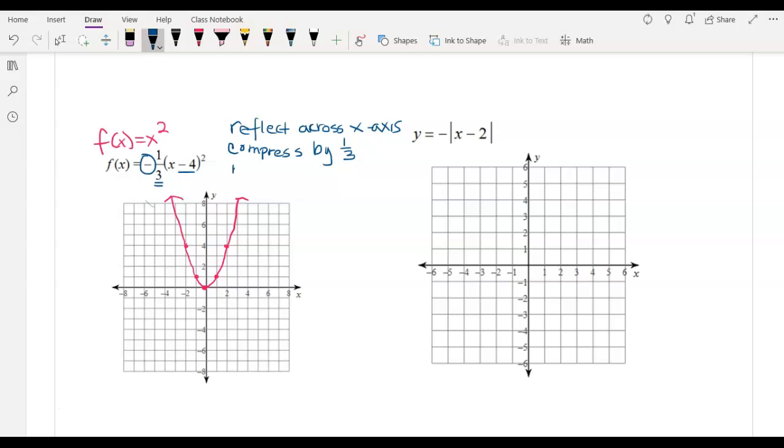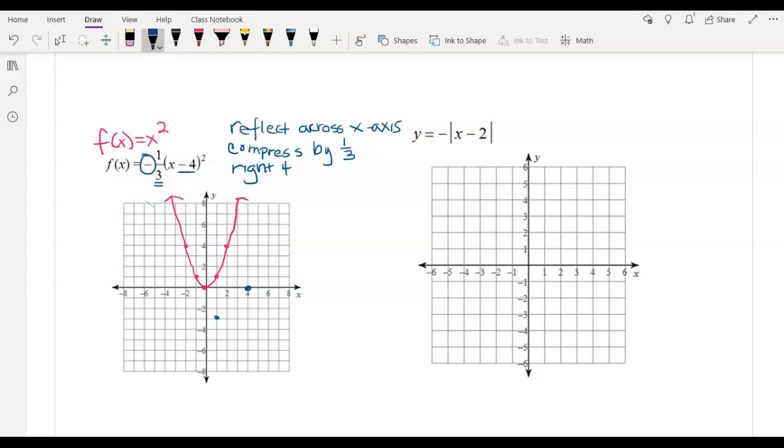And then the -4 says right 4. So first we're going to go to our right 4, and this time we know that we are reflected. And because we're reflected, we're going to go in the negative y values. So when we say compress by 3, our next point is going to be over 3 and down 3